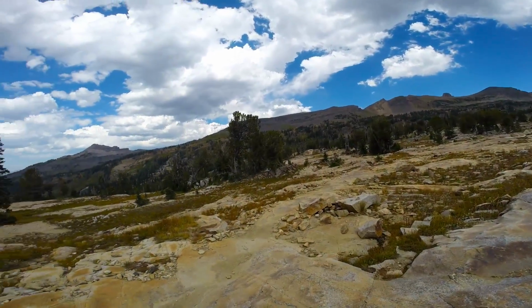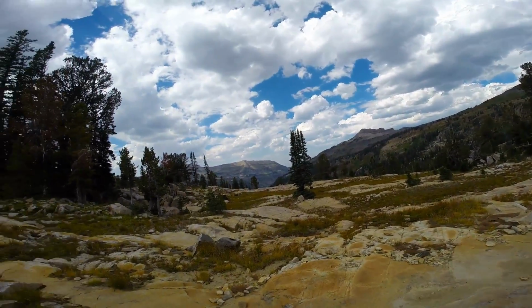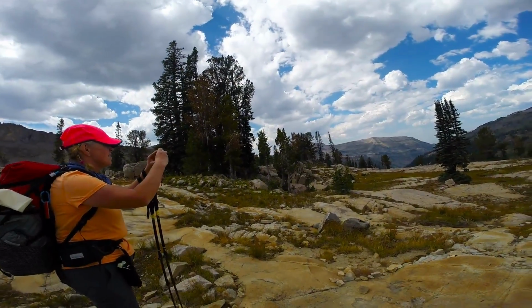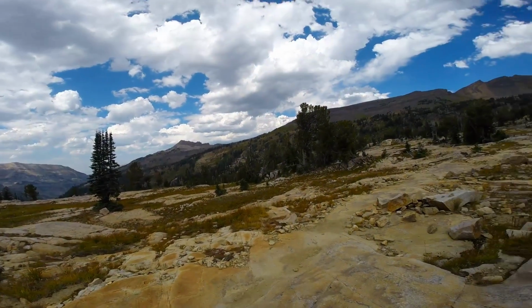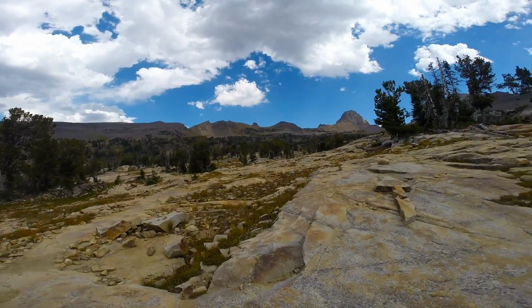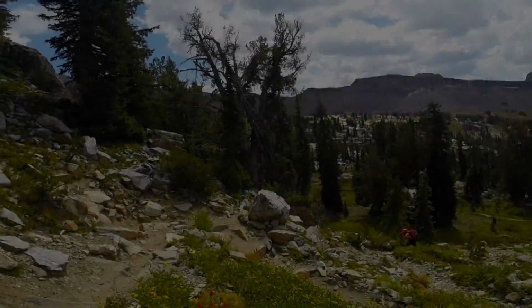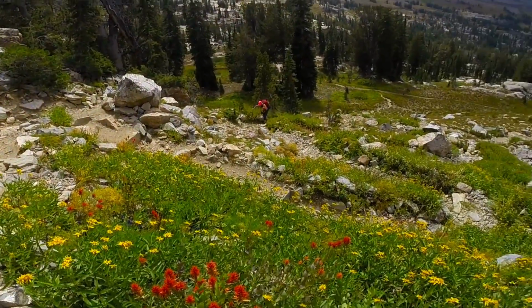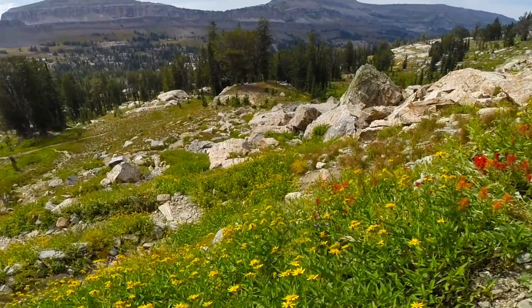Here in the middle of Alaska Basin, and the afternoon thunderclouds are moving in. We got a little wet yesterday, but little is the key word, so broke out the rain jackets and the pack covers and didn't really need them. Well, we're walking through a flower garden again here. It's beautiful,